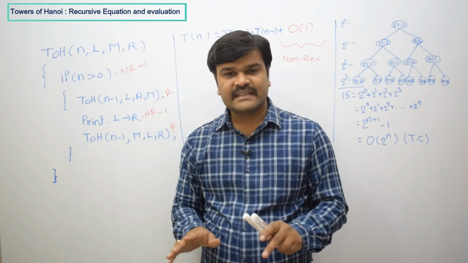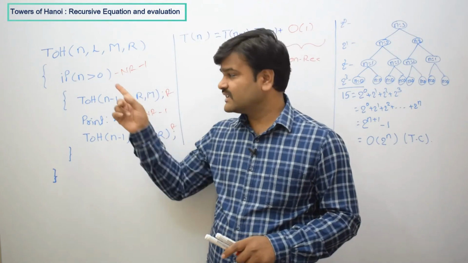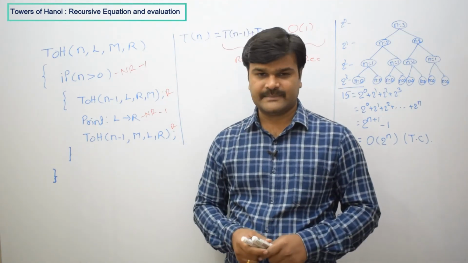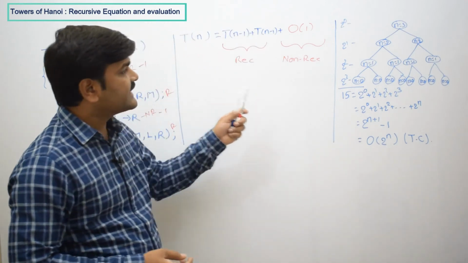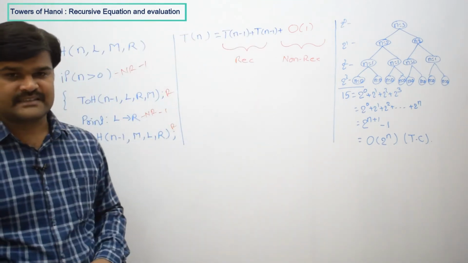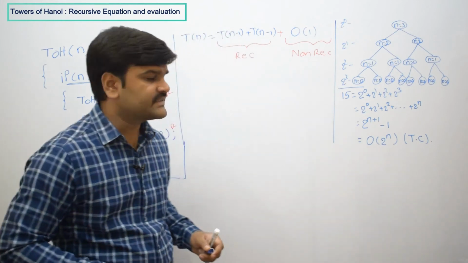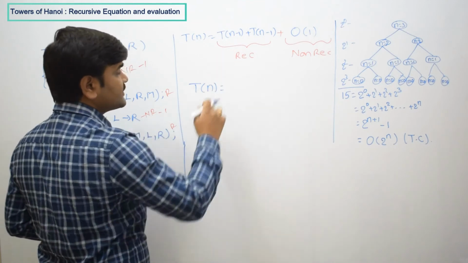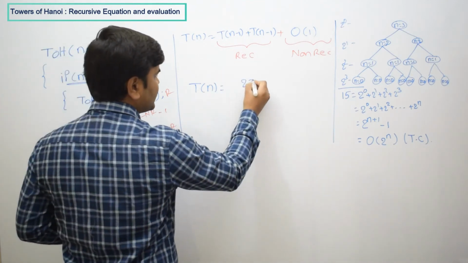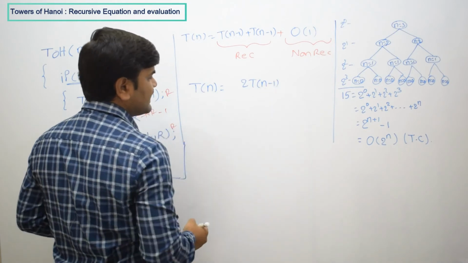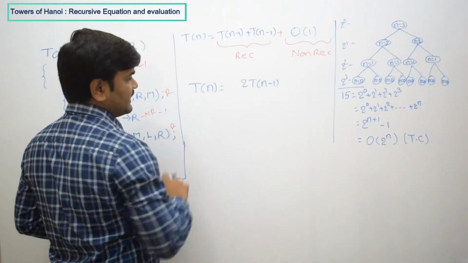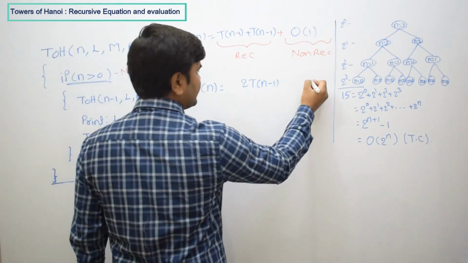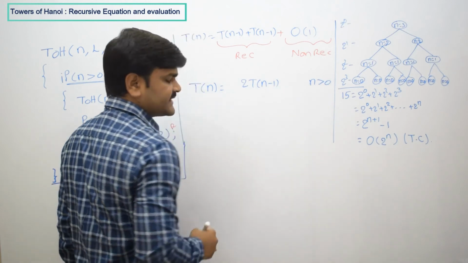So that is why the time complexity for these two statements is always fixed. So that we are going to take as a constant amount of time. So that is what the whole equation for this function. Okay. Now if you simplify this one, T of n equal to 2 times T of n minus 1, and we do this whenever n is greater than 0. So that means when n is greater than 0, we are doing this part.